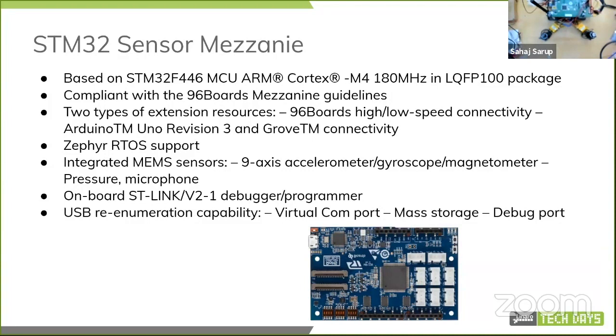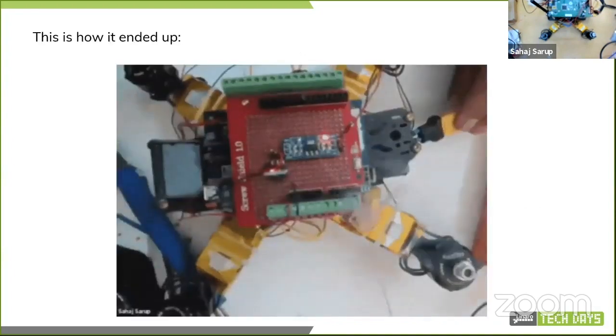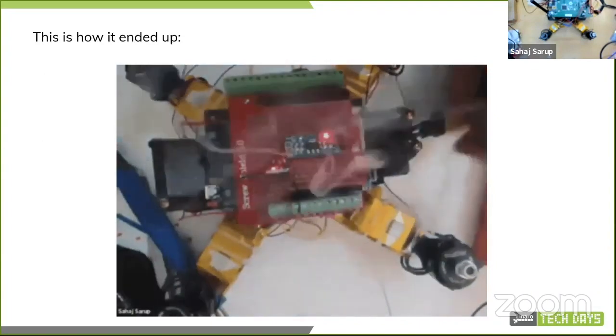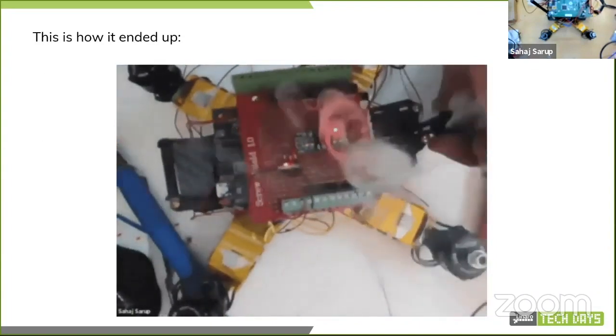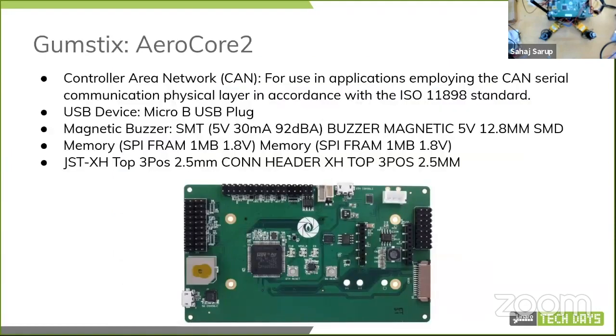So I think you can put logs in that place from Zephyr, and then you can access those logs from the CE device if there's a CE device connected down there. But anyway, stuff like that happens, and you end up without a board. So yeah, I moved on to another board, the AeroCore 2, and